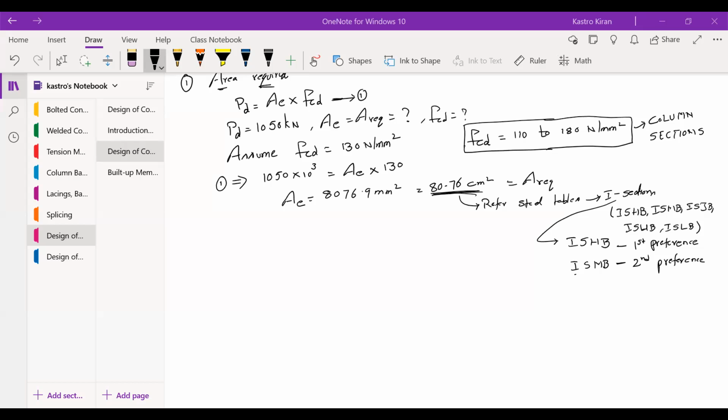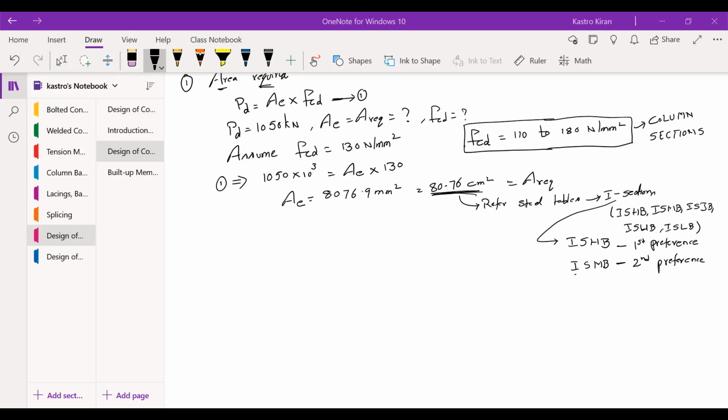We have the rolled steel section, equal angles, unequal angles, T-bars, but what we need is I sections. I sections are also called beam sections. So we have the fourth one, which is rolled steel beams. That is available in page number 12. So let's go to page number 12 and find out the values of area, which talks about rolled steel beams.